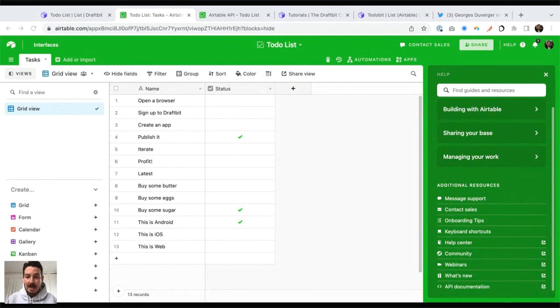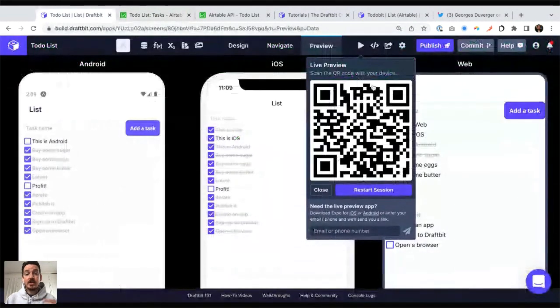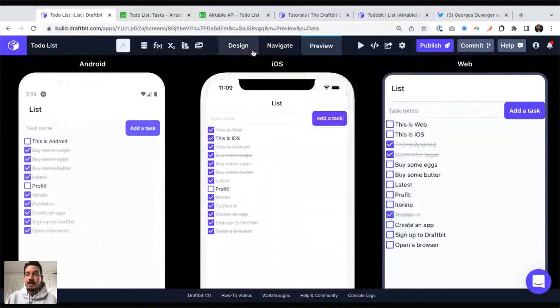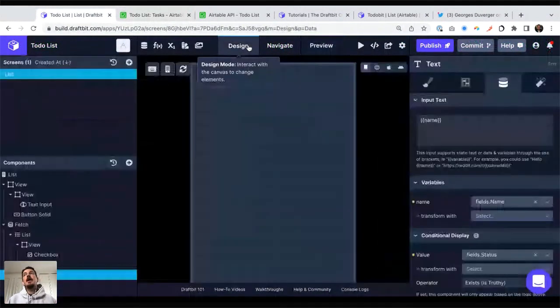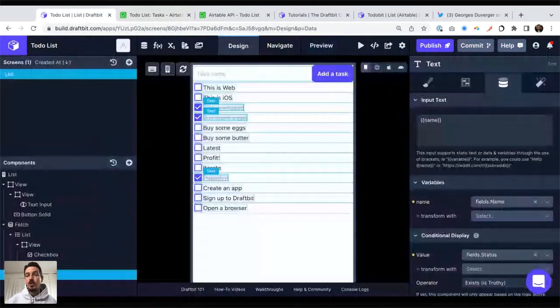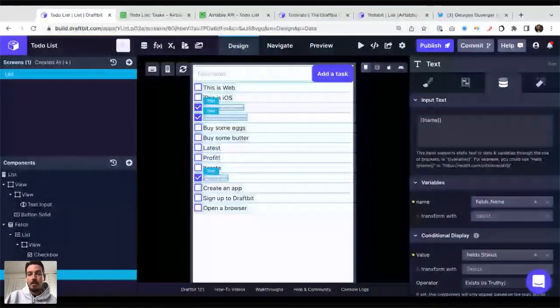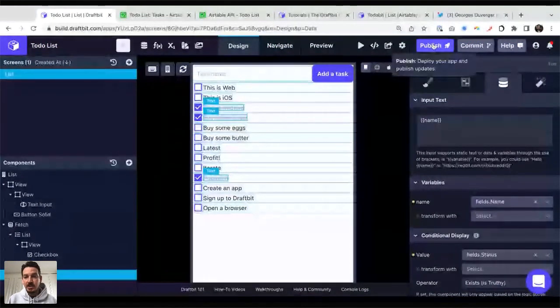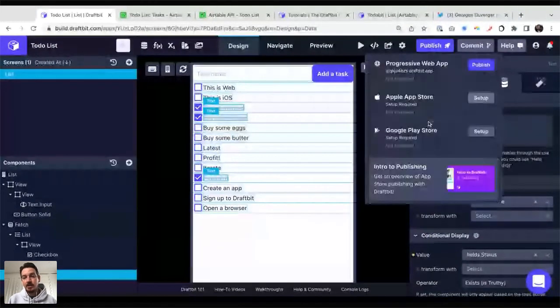Now, talking about real app, when you're done with your app, when you're in a stable place with your app, what we do recommend, instead of spending too long building one more complex screen, is to publish it. So click publish. The first time you do it, you'll have to provide a little bit of information about your App Store, your Apple account or Google account.